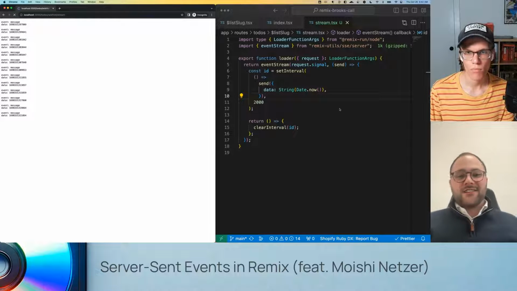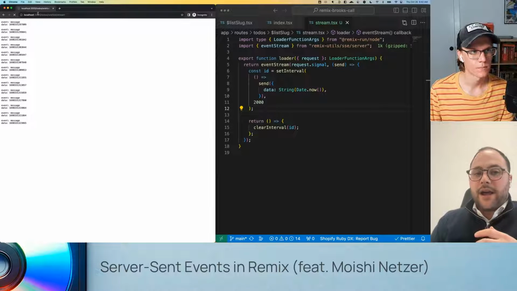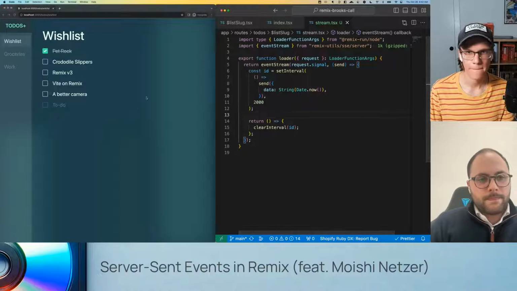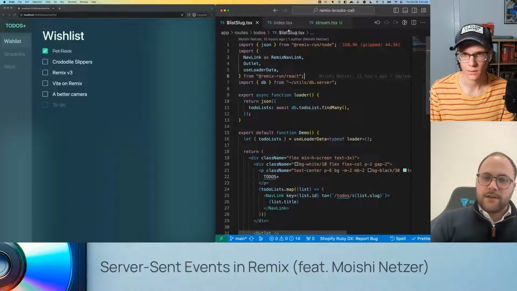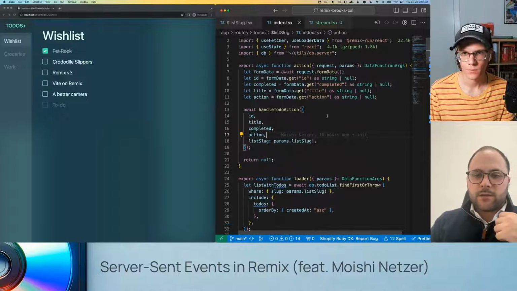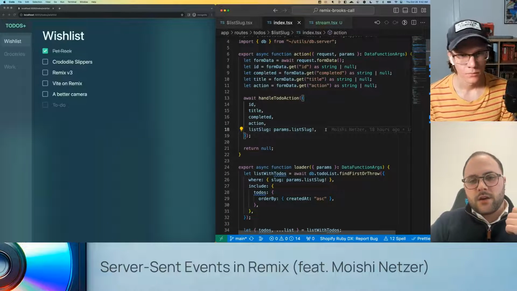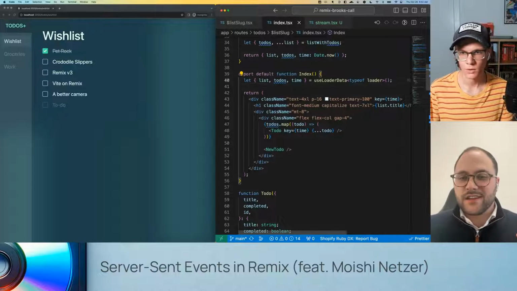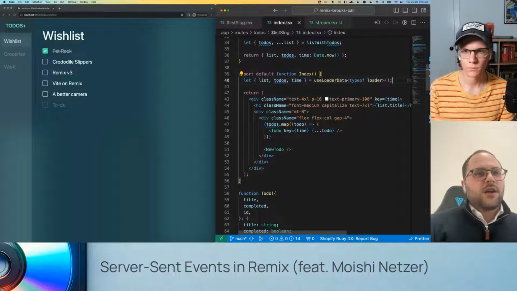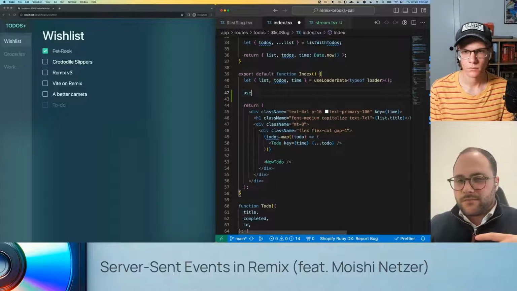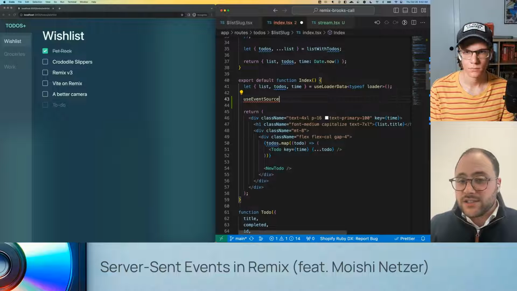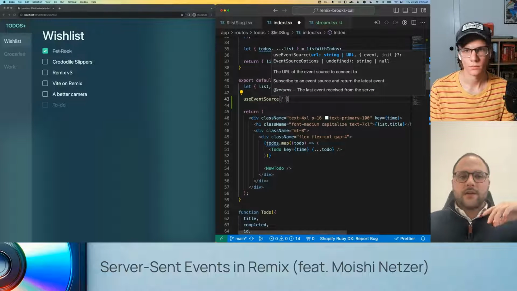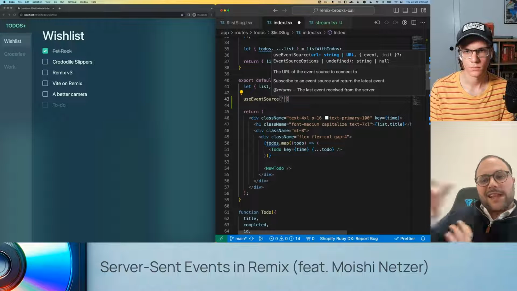So now that we're sending off this data, maybe let's try and get it inside our actual route. So if you go back to the wish list route, and then let's go into that file. This one. Yeah, that's the one. And let's go down to the component that we're actually using. And remember, the client is hooking into this, right? So it's called useEventSource. So let's use event source. And then if you open parentheses, you can see it's taking the URL. So we want to take the current URL and then basically append slash stream, right?